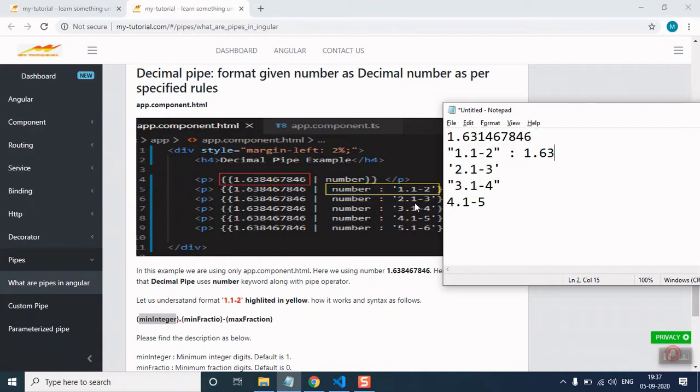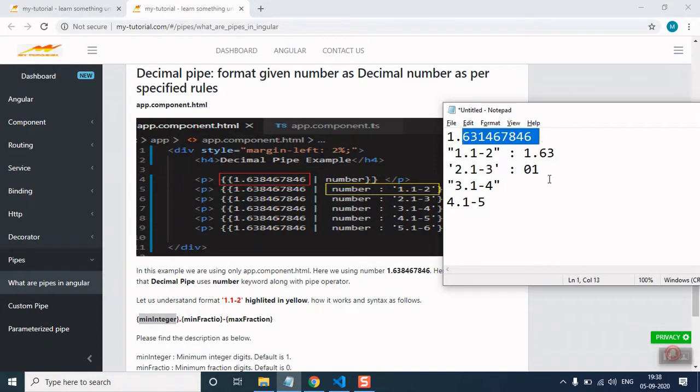In the same way, for the third paragraph, I am saying 2.1-3, which means the minimum integer should be 2. As of now, I have only one integer. So it will display output like this. It will append a 0 before the 1, because I am saying minimum integer 2, but I have only one integer. So it will append 0 before the 1. And for the decimal point, I am saying minimum 1 and the maximum 3.